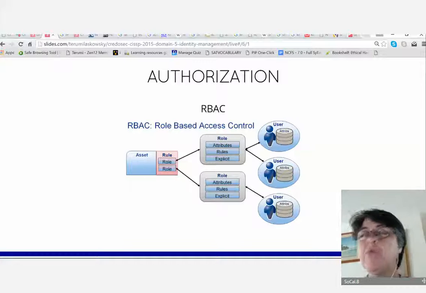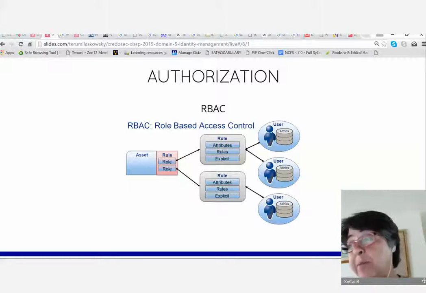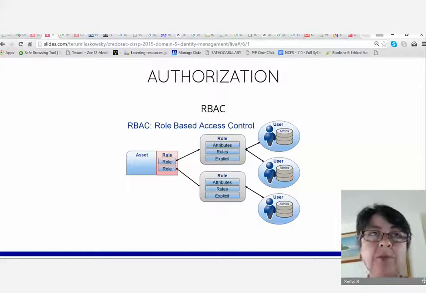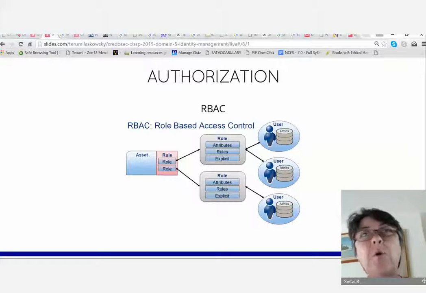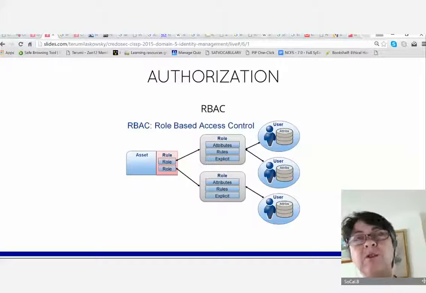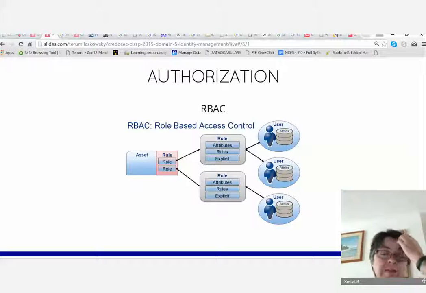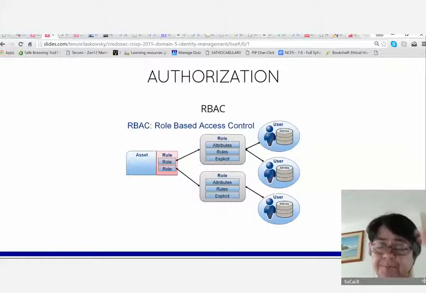Okay, and I'm not sure how you feel about RBAC, but there's been a proliferation of roles, and you'll see pretty soon RBAC still has its issues. For example, let's say you settle down to several roles that work for you, and then all of a sudden you get a brand new system in, and the existing roles don't quite fit. You go, this one needs to be tweaked a little bit here, and then you start adding roles, and before you know it, you've got a whole bunch of roles in there that are really hard to manage. So some companies are looking at RBAC and saying, I don't think RBAC is a good solution.